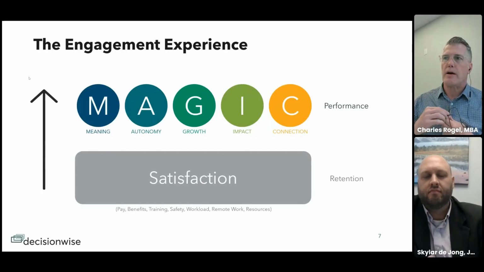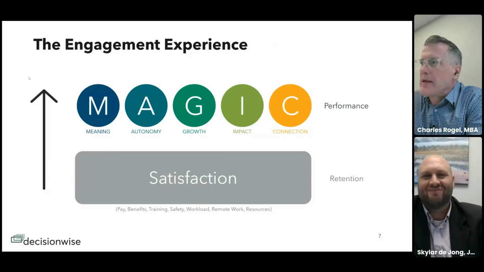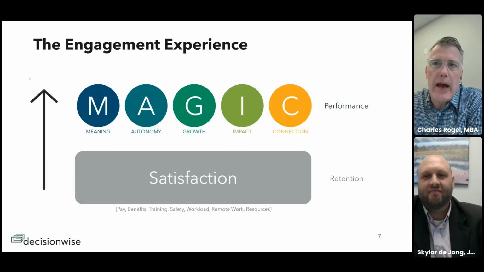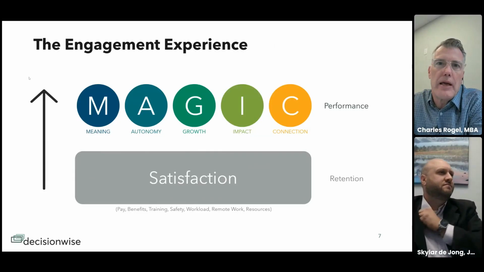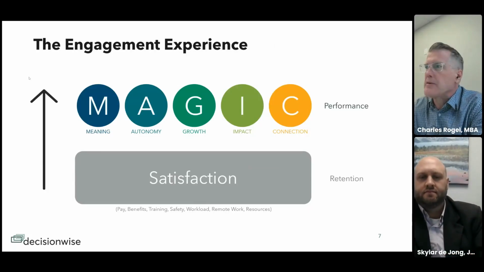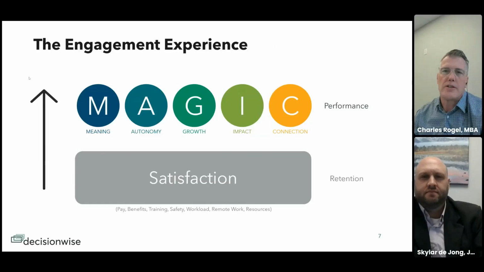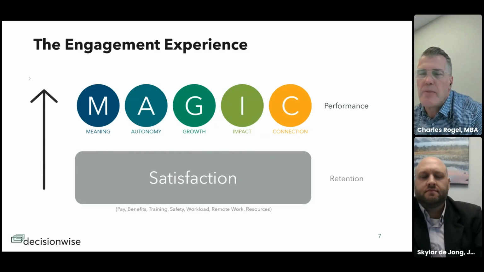As we look at our data over the past 30 years and do driver analysis, these magic elements keep coming up to the top. Now, we had to play with the words a bit to get this acronym to work. So you might say growth is professional development, or autonomy is freedom to do your job, or empowerment. But all these things really emerge as drivers of engagement. Meaning is typically big in healthcare. Impact, if you're a performance-driven organization. Growth opportunities are important. We'll touch on these as we go, but these are typically what we're trying to create or have people experience